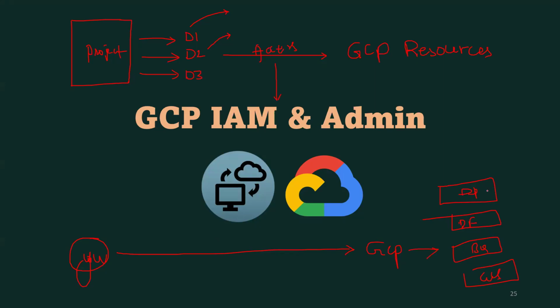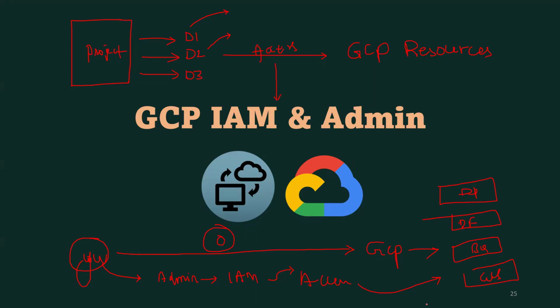In that particular project, they are working on these services. So when you are tagged to this project, by default, you have zero access to those services. What the admin will do is go to the IAM and provide the access to you for all of these services. That is where you will get access to work with Dataproc, Dataflow, BigQuery, and